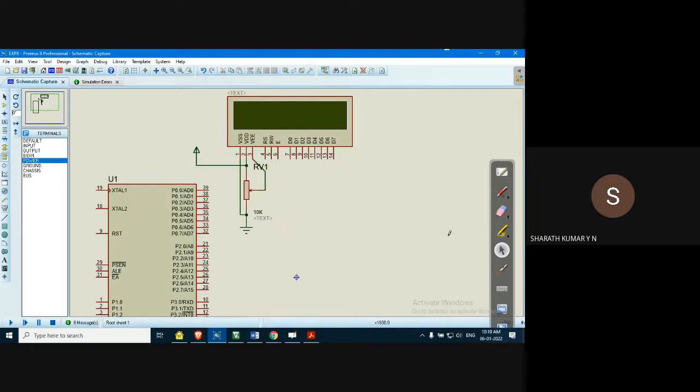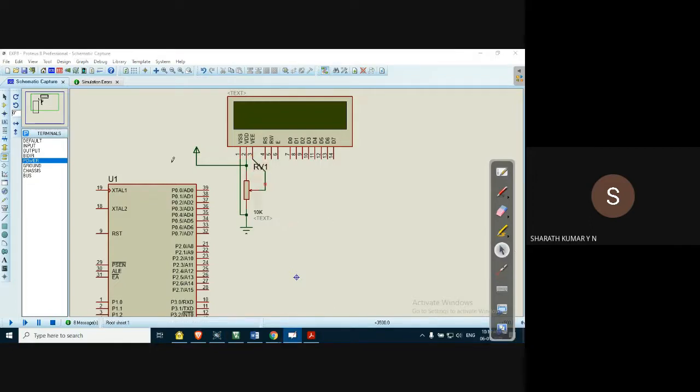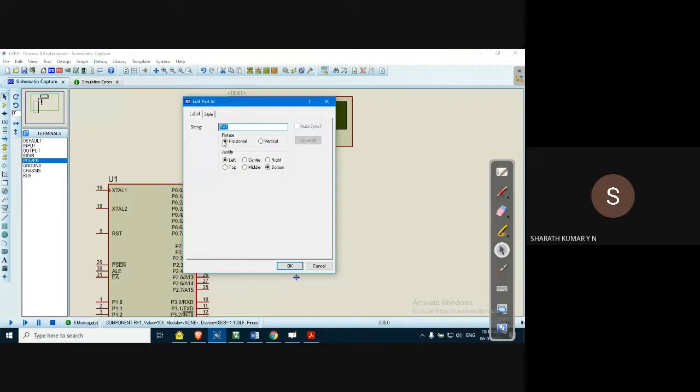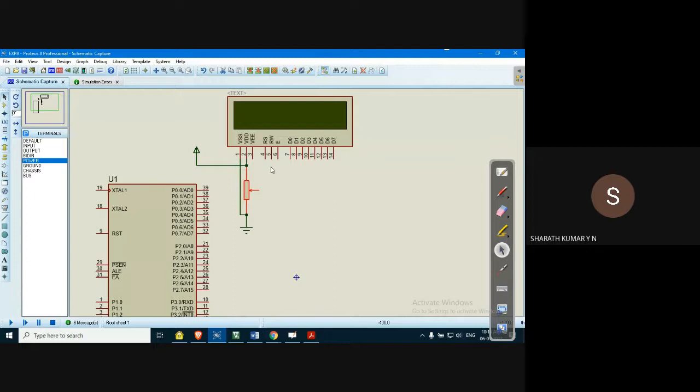If you're not okay with this kind of connection, what you can do, I'll tell you, is remove this connection. You click on this, remove the title, press OK. You will not find that title of the component. We don't require that anyway. As long as we understand it is a pot, we don't require it. Go to component mode. If you are in this selection mode, you'll not be able to select a component. So go to component mode, then you'll be able to select the component and place it on the schematic. Yeah, here we go.